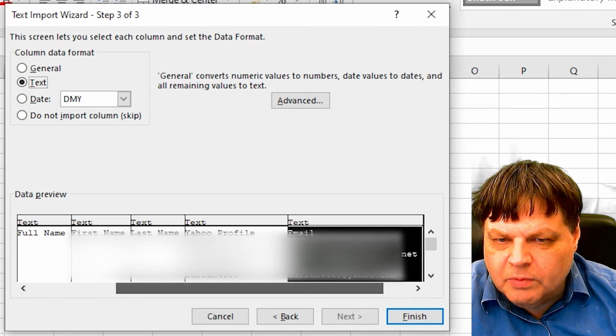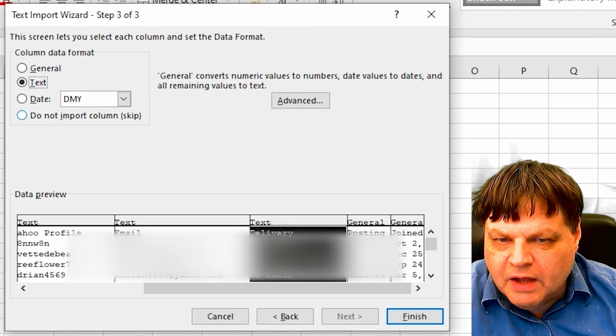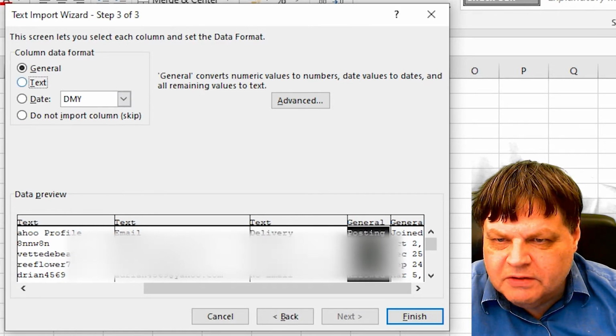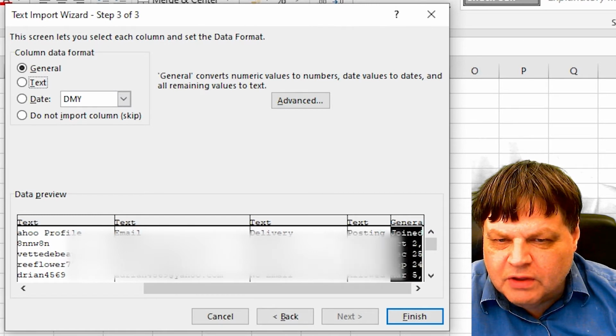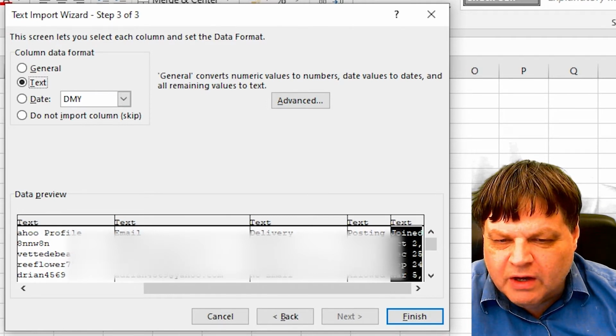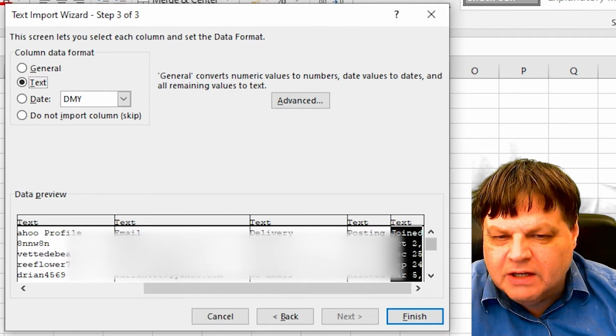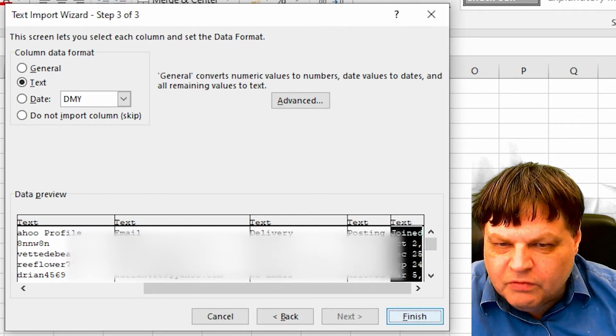I'll just scroll a bit. Now some may be surprised that I'm putting even the date field at the end as text, but I've found that if you put that as date, it often gets skewed up and doesn't recognize everything properly, and you don't need it as a date anyway, so just use text. It saves a lot of hassle. Click on finish,